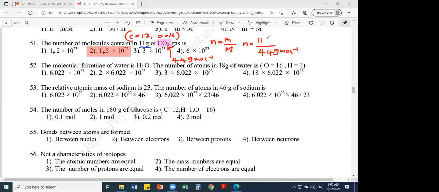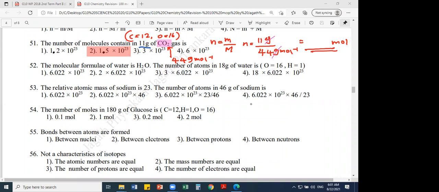Otherwise, you will make careless mistakes, because when you write the unit, you know whether the units get cancelled properly. If you don't get the final answer in the correct unit, then you know that your method is wrong. Now I can check whether my expression is correct, because grams get cancelled, and finally I should end up with moles. I should get the unit from the equation itself. I don't need to think about the unit separately after the calculation, because I am getting the unit automatically. So a mole is left. Per mole becomes mole.